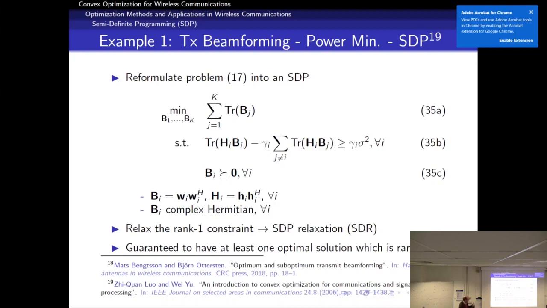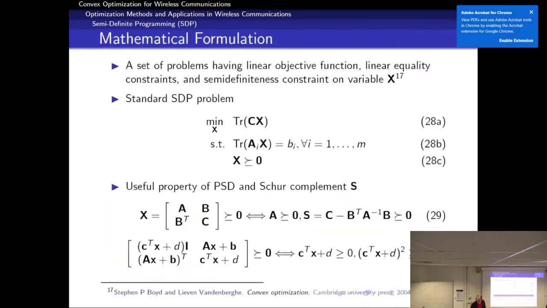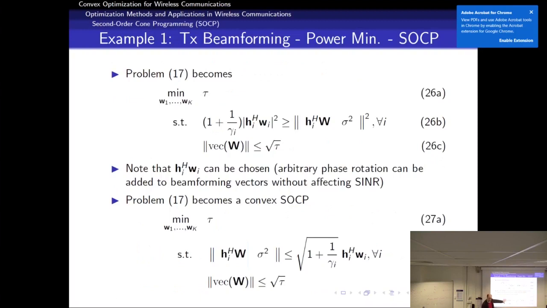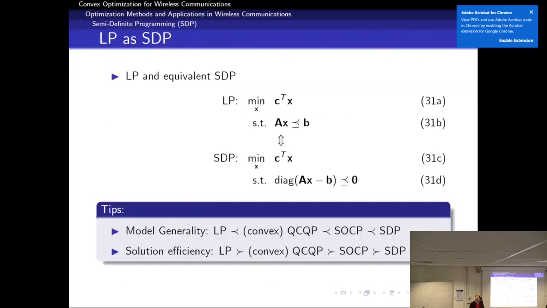But nevertheless, it was shown actually the solution is rank 1, so it really matches a little bit the observation we have with the SOCP, in the sense that now we have two ways to solve the problem. You can formulate using an SOCP, or you can formulate it using SDP. And you can write your problem in this form in CVX, or you can write it in this form in CVX, you're going to get the same solution. Right? So this tells you how you can have the same optimization problem, but you can formulate it very differently, and